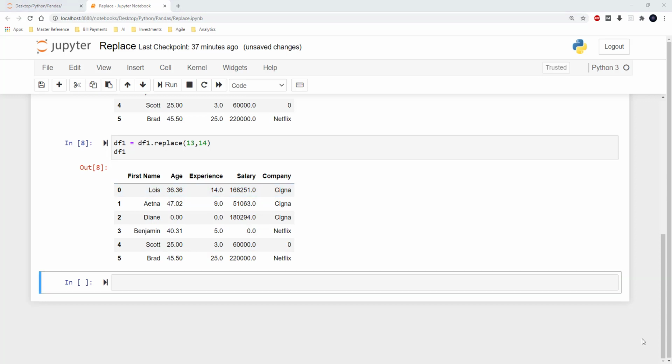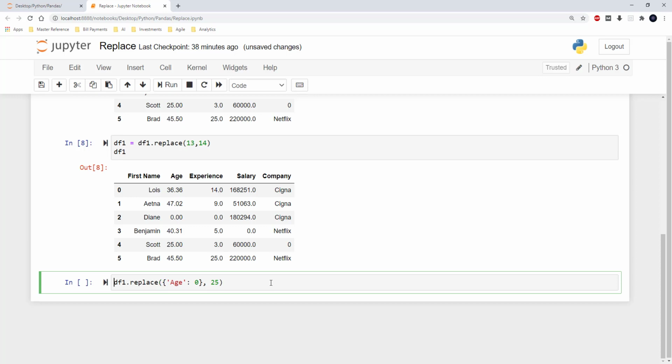I can also select a specific column, and the value within the column can be replaced with another value. In order to do that, I need to use the format of a dictionary. So here I am giving df1.replace, and within the function I am using the dictionary format, and I wanted to replace the age, which has the value 0, with the value 25.